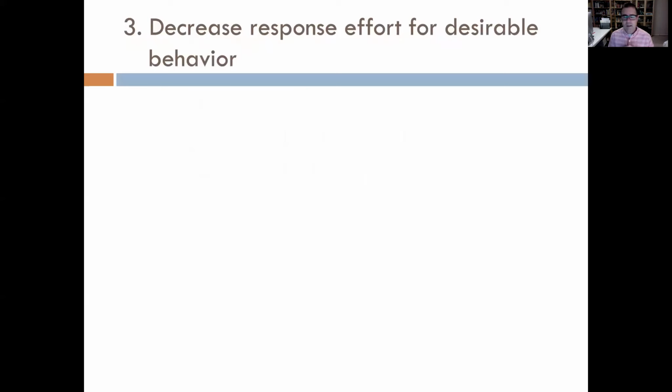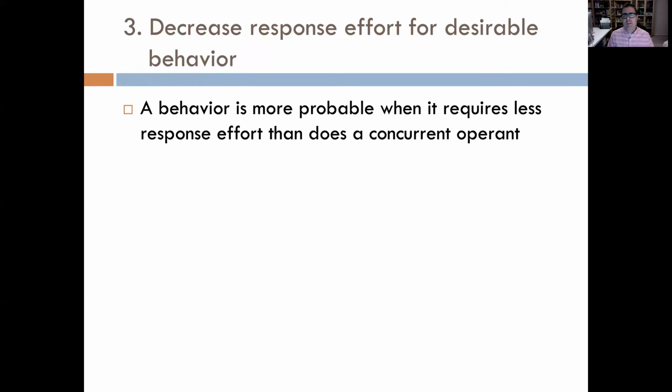The third characteristic here, the third manipulation of antecedent events, is what we refer to as decreasing response effort, right? So manipulating the response effort for the behavior. So again, a behavior is more probable when it requires less effort than does another behavior. So if you have two options in life,